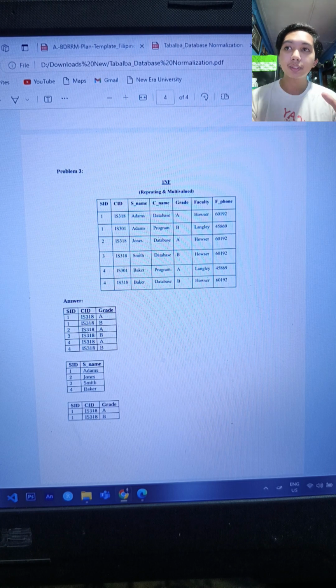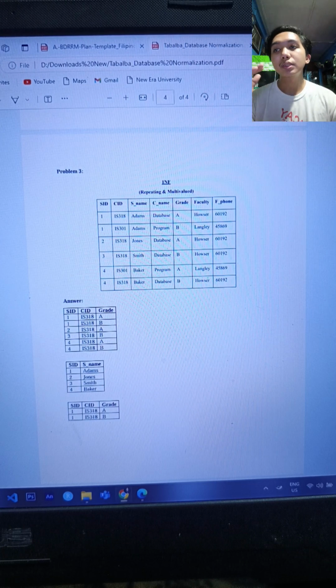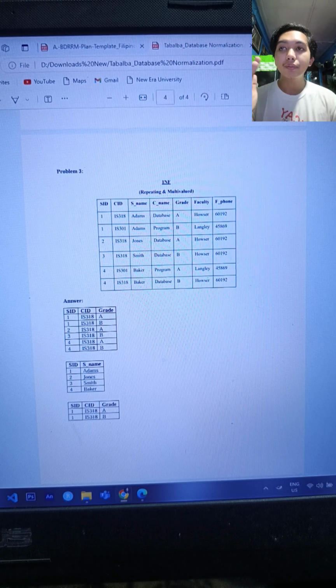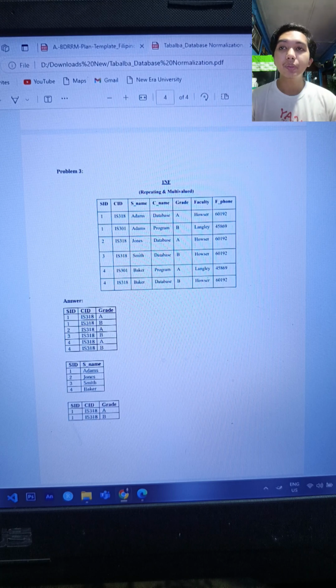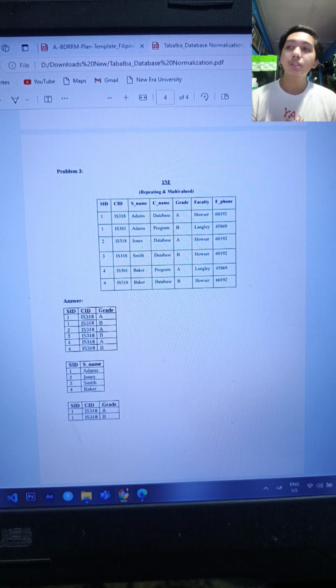First, we identify the repeating groups. In this case, the repeating group is the set of courses, with CID, name, grade, faculty, and phone, for each student with a SID and name.